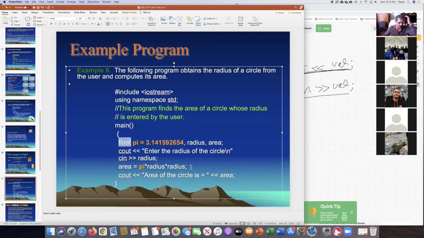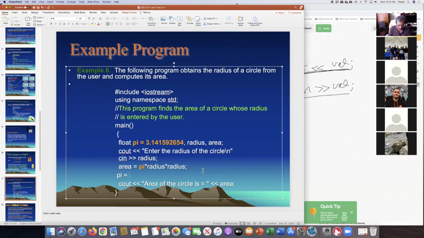The programmer may introduce pi at the beginning, and in some place else, he can end up creating another variable with the same name, thinking that he or she hasn't used that name, and store another number,